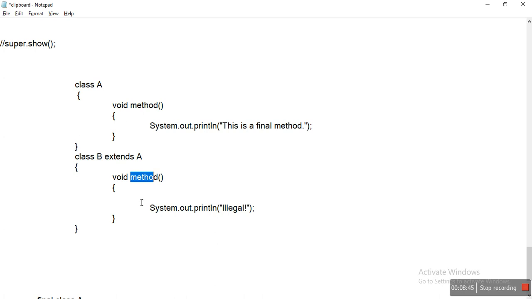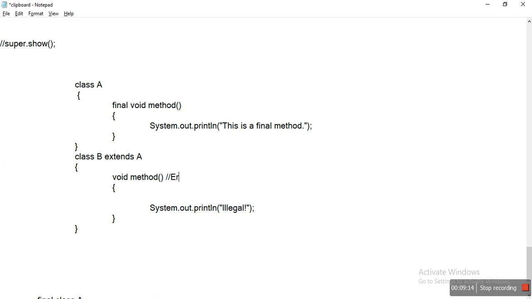If we want to prevent this method from being overridden, just proceed with the final modifier. By declaring this method as final, the final void method, if we try to override this method, it gives an error.